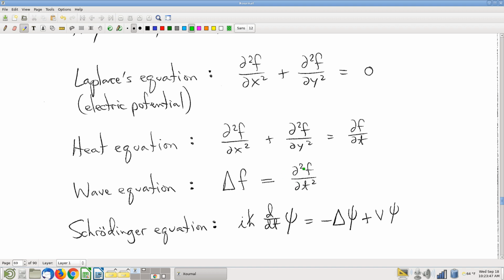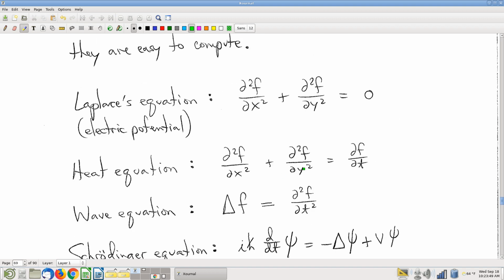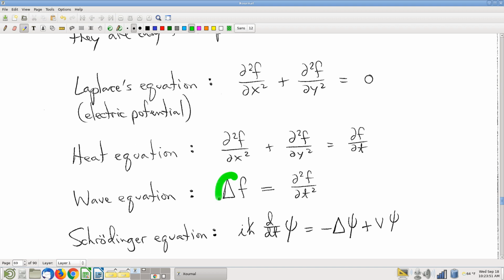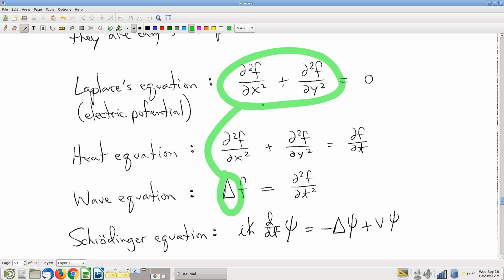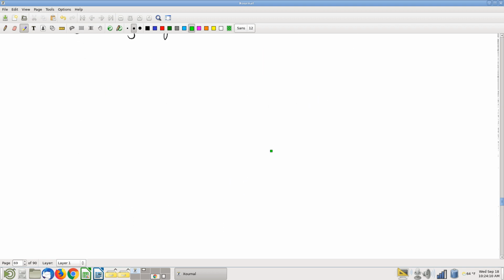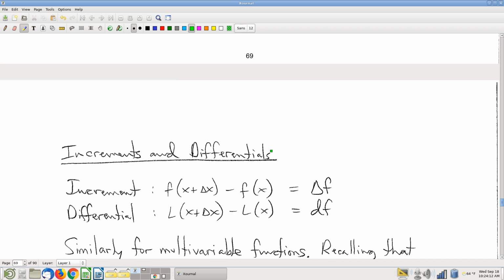Okay, all right. Yep. Can you explain what the triangle is again? Yeah, so this triangle thing is called the Laplacian operator. Here, let me connect it up here. It's the Laplacian operator because it's the operator that's in Laplace's equation. It's just a shorthand. Mathematicians, when they write the same thing over and over again a bunch of times, it just gets old, and so we make up shorthand. Okay, so moving on, we're going to talk about